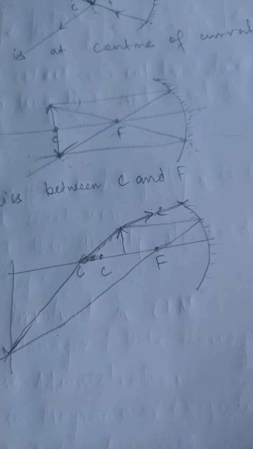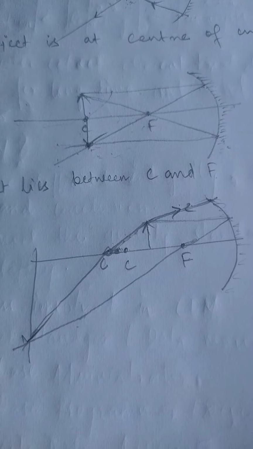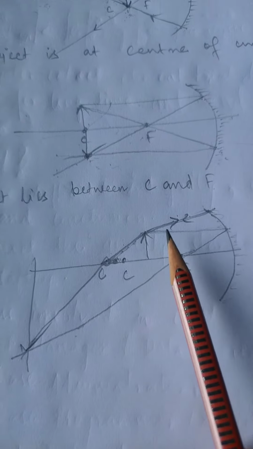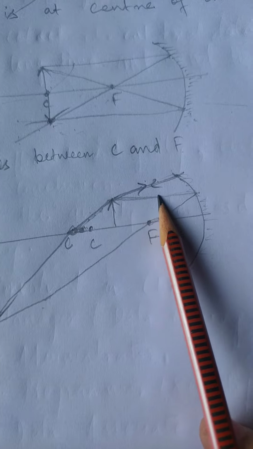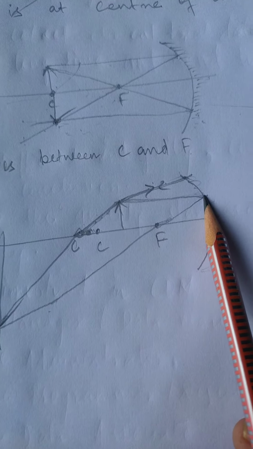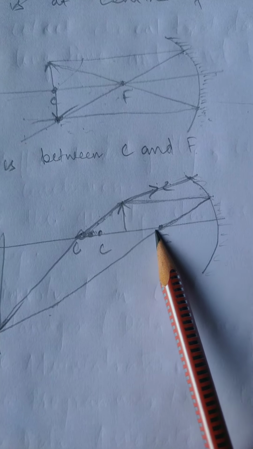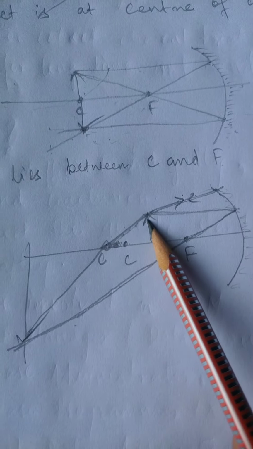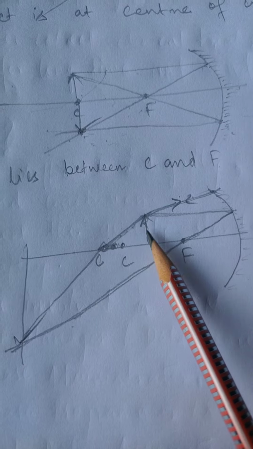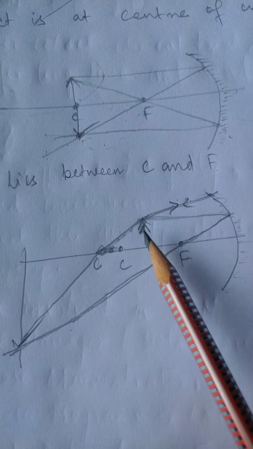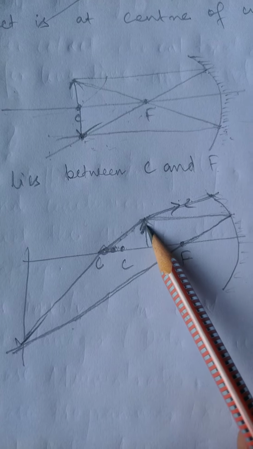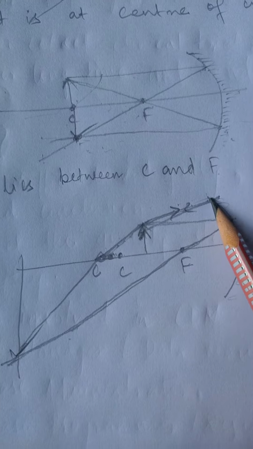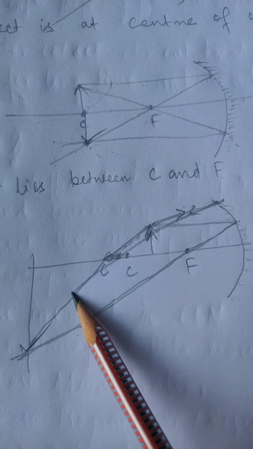That means my diagram is not so proper. I didn't do scaling and all, so it is not proper. But see, what happens is, the first ray of light is going parallel to the principal axis, and when it goes parallel to the principal axis, it will pass through the focus. And the second ray of light is going from the head. I should have made this a little smaller so it would be accurate. Now it will go from here, and after striking, it will come back along the same path.